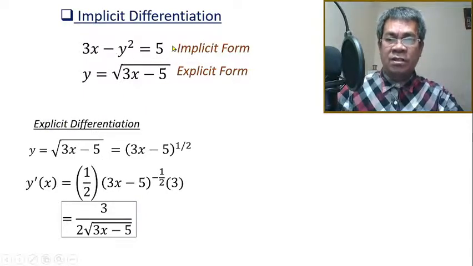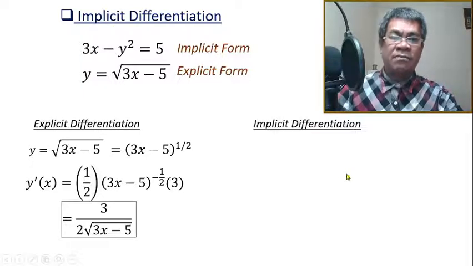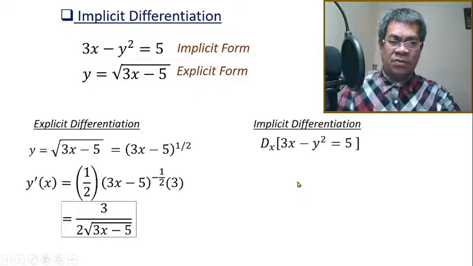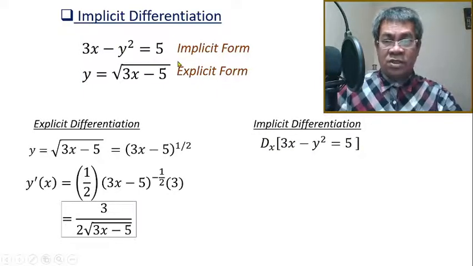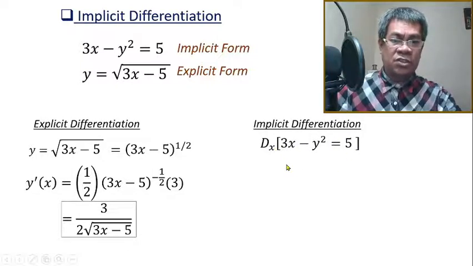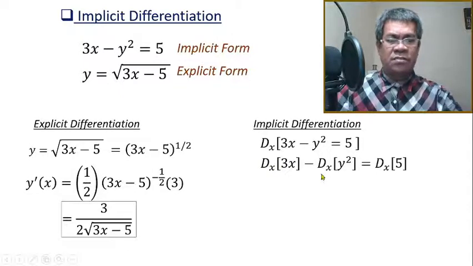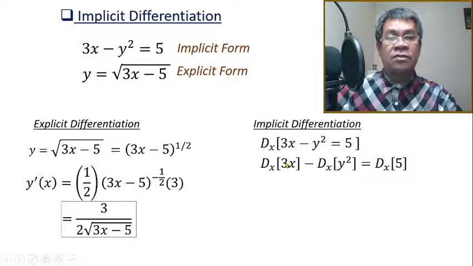So if we take the derivative of this using the implicit form, this is now the process of how to do it. Okay. So again, you have to apply the same process, no? Take the derivative on the equation itself, okay? Then apply the sum rule. So each term will undergo the same operator, which is the derivative with respect to x in its term. With that, analyze this one. So this is x and this is x, so therefore applying the theorem, this is 3. Okay? So this is 3.